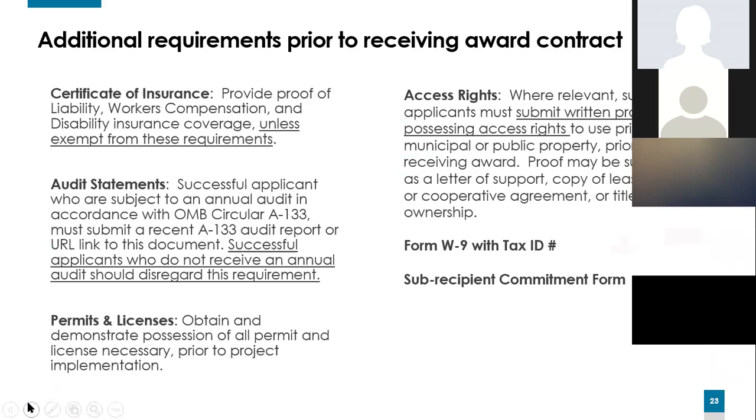If you have any human subjects or animal subjects, you have to go through some additional details, but I don't think anything is going to pertain to that. So you have to give me your workers' compensation, proof of liability insurance, any permits and licenses that you had to obtain. Any access rights, we need letters saying that you're allowed on the property. And then once we get everything and I send the contract to you, the faster that you can have it signed and returned to me, the faster that we can get your award out to you.